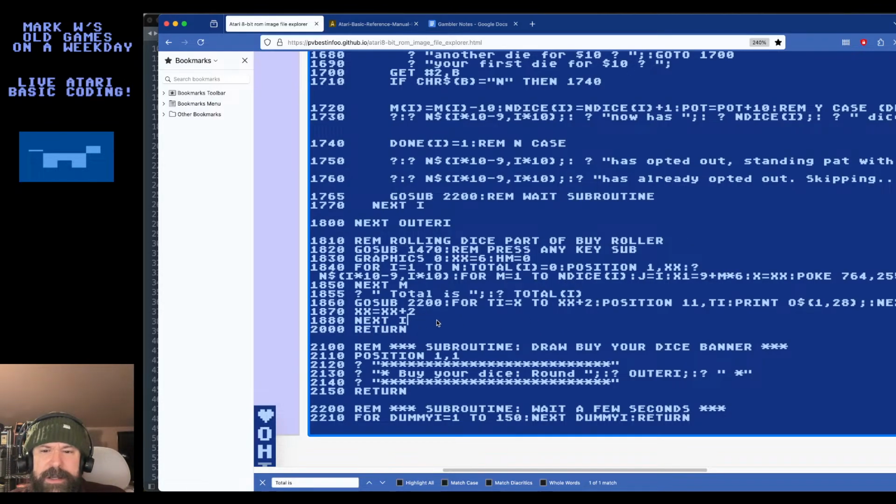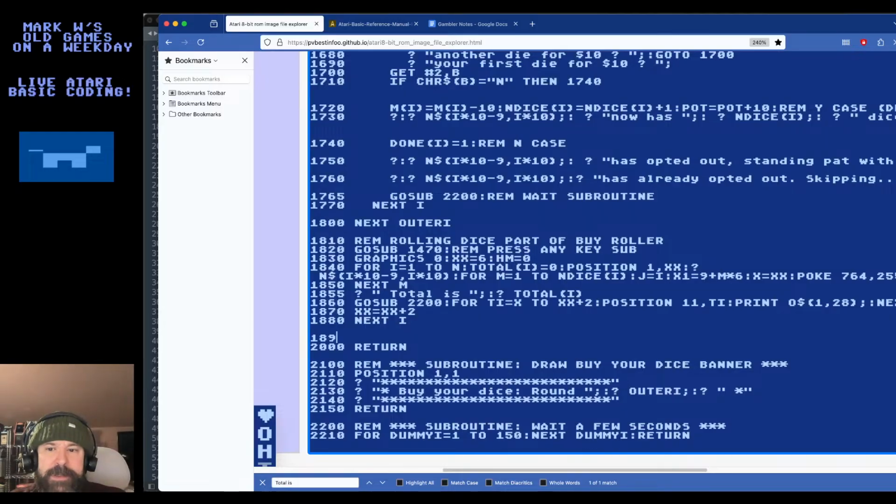But yeah, total is such and such, and now we're going to evaluate the winners. So what we need to do is, I guess, how do we want to do this? Winner equals... we're going to loop through every player, and for the first iteration, that player is going to be the temporary winner. We're going to have a variable for the winner so far, right?